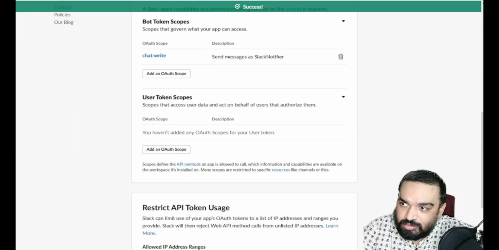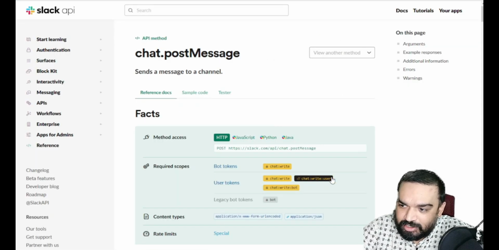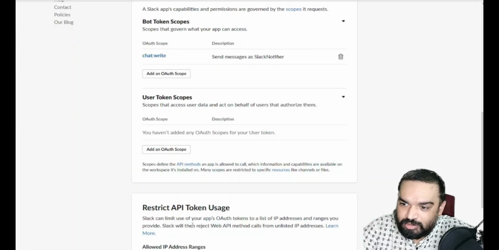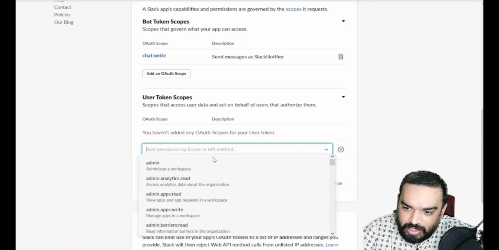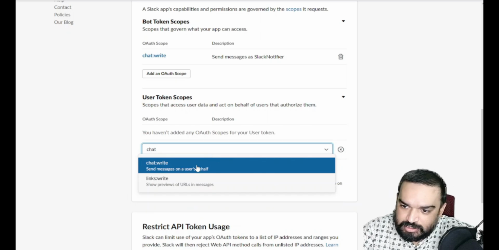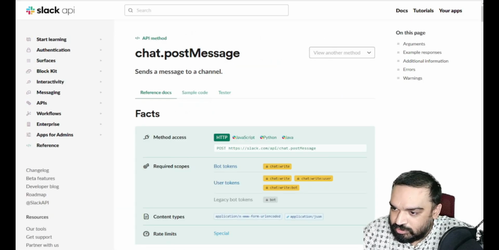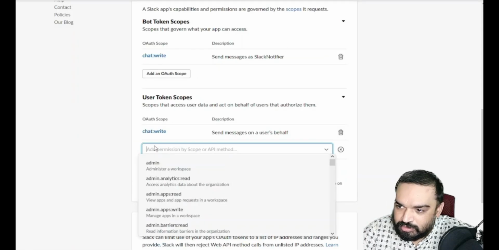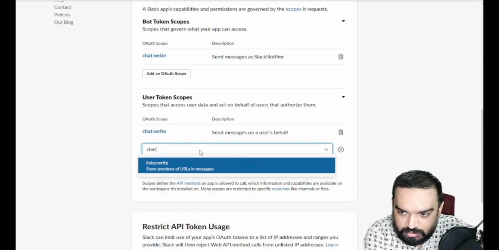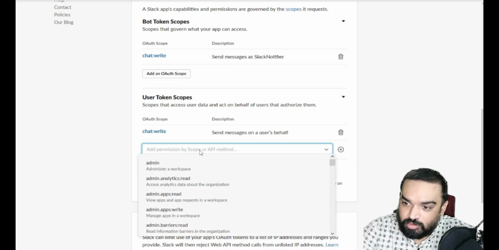And under user token, we need these: chat:write, write:user, and write:bot. So I'm going to add all those just in case. Chat:write. Then we have... I think we're good to go.